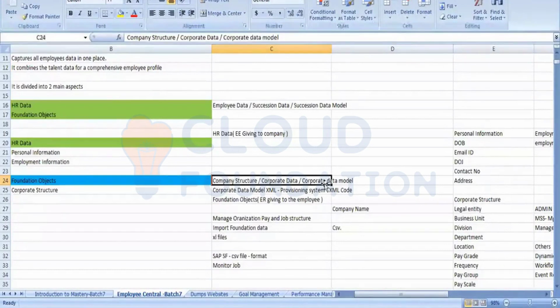Those codes are nothing but the configuration, and that configuration is nothing but the objects and fields defined in the data model. So if you modify some code, that means you are modifying the configuration, and that will be reflected in the front end system.